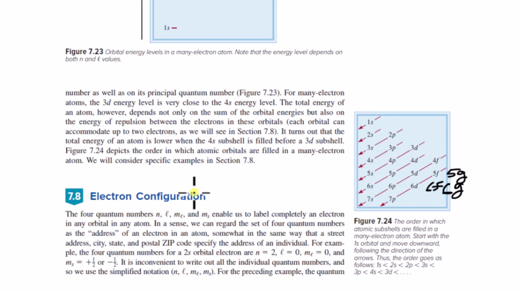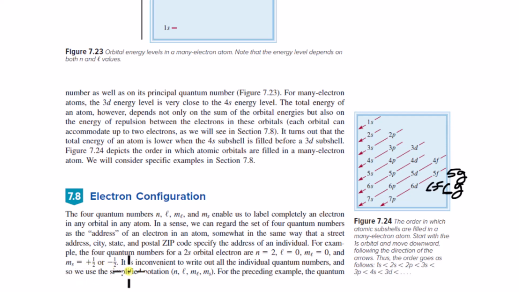Okay, electron configuration. The four quantum numbers n, l, m sub l, and m sub s enable us to label completely an electron in any orbital in any atom. In a sense, we can regard the set of four quantum numbers as the address of an electron in an atom, somewhat in the same way that a street address, city, state, and postal zip code specify the address of an individual. For example, the four quantum numbers for a 2s orbital electron are n is equal to 2, l is equal to 0, m sub l is equal to 0, and m sub s is equal to plus or